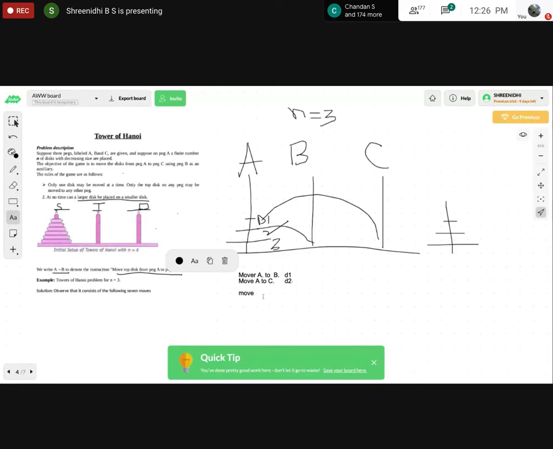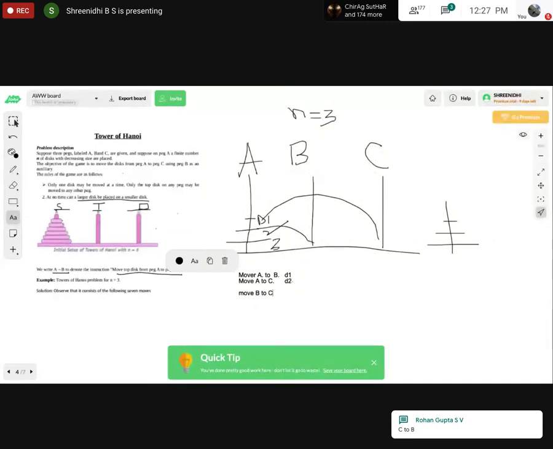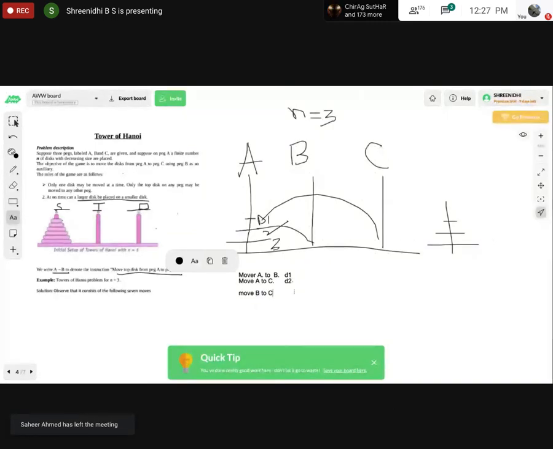Next move. I'll be moving this disk 2. So I have told smaller one. I'll be moving B to C, not C to B. See here, I have told disk one is in B. It is the smaller one. So I am moving from C. Yeah, sorry, correct, C to B. Next I'm moving disk 1. So in your B now I'll be having disk 1 and disk 2.